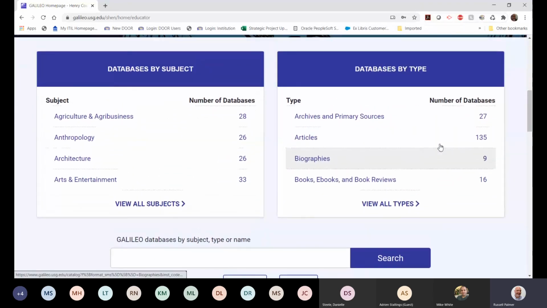This is a feature that is retained from the last version of Galileo, and it is different on each view. We'll talk about the views specifically later, and there are obviously fewer resources in each view. But another thing that we did, just in terms of the database lists that you see, one of the things that we wanted to do was cut way down on the number of resources that a student might see when they access Galileo. And one of the things that was rather overwhelming, and there was a great solution for this,